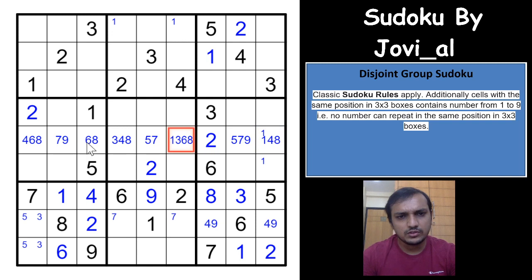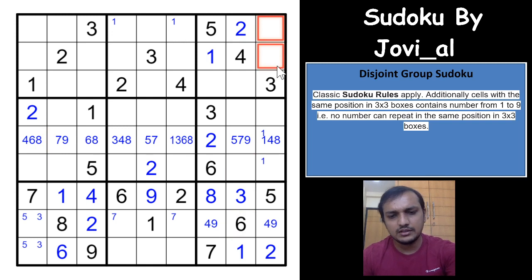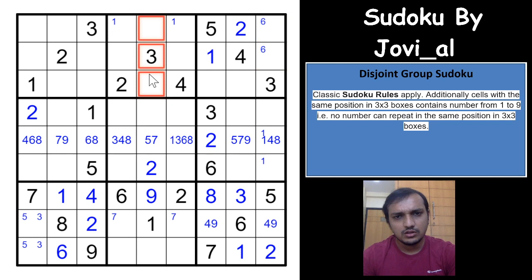6 would have to be in one of these 2 cells. This cell is also a 6. No, nothing much here. So let us see if we get anything else. Okay, 6 here and here will give you 6 in one of these 2 cells. So that can be marked here, 6 in one of these 2 cells, and 9 cannot be here, and 1 also cannot be here. So okay, not of much help here.